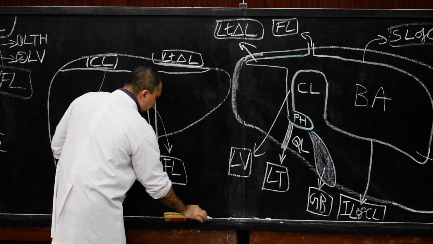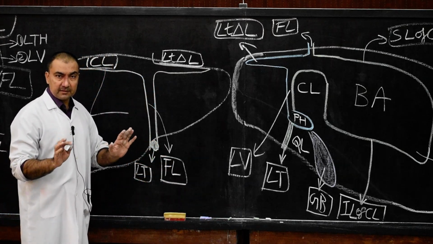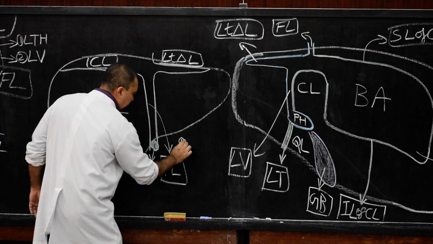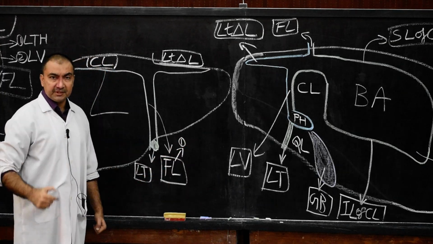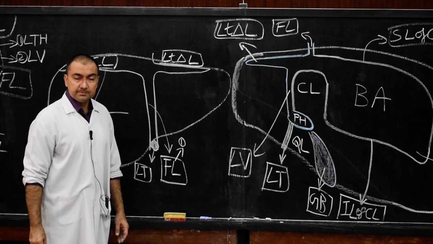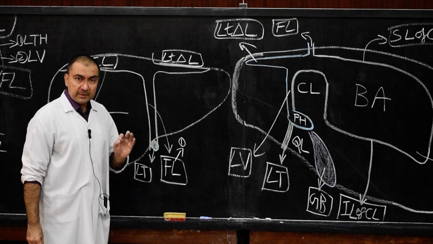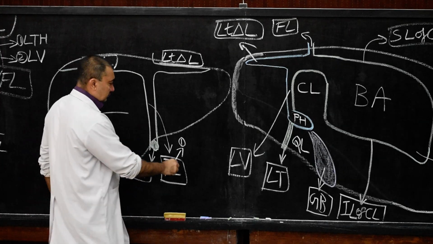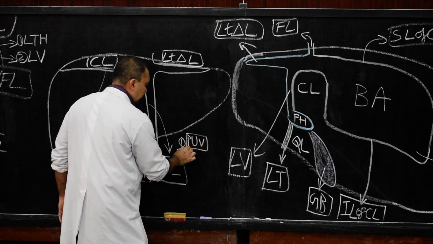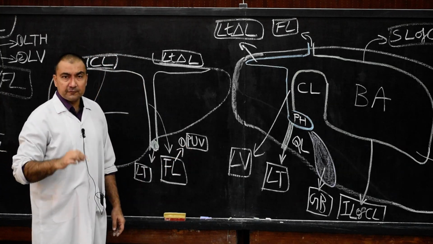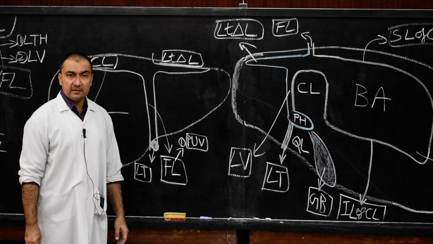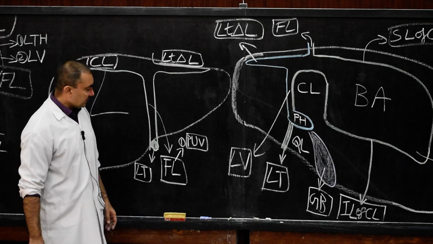Now, contents of the falciform ligament. For the falciform ligament, you need to mention the contents. Attachments are very clear as per the diagram. Please note down, these are asked as MCQs or one mark question answers. In the falciform ligament, there will be the para-umbilical veins. Para-umbilical veins are the tributaries of the left branch of portal vein. So this is content number 1, presence of para-umbilical veins within the falciform ligament.